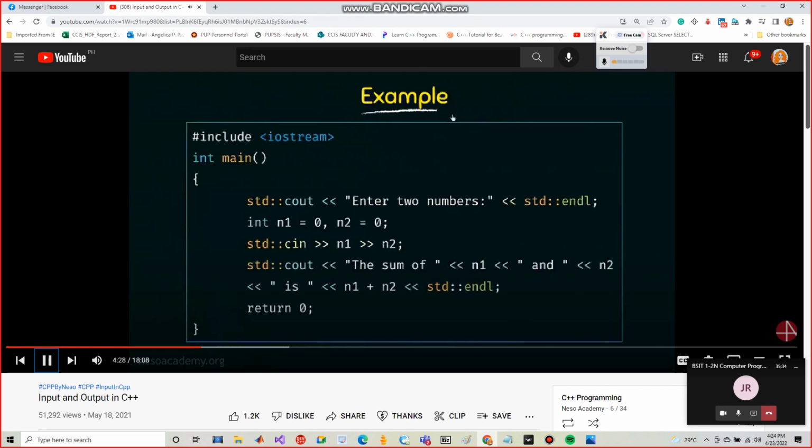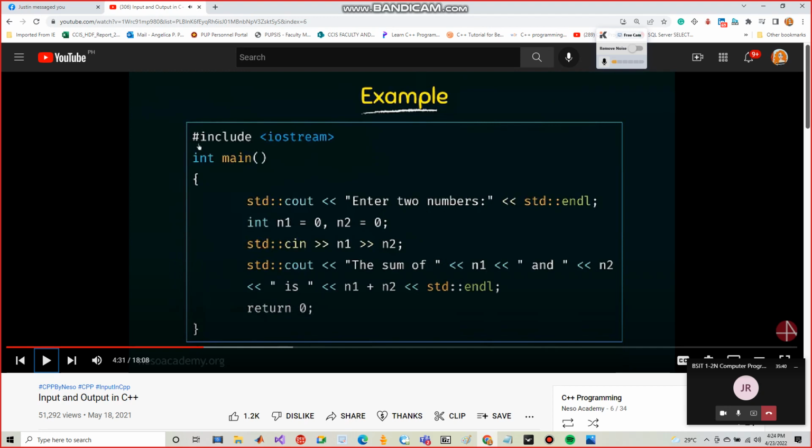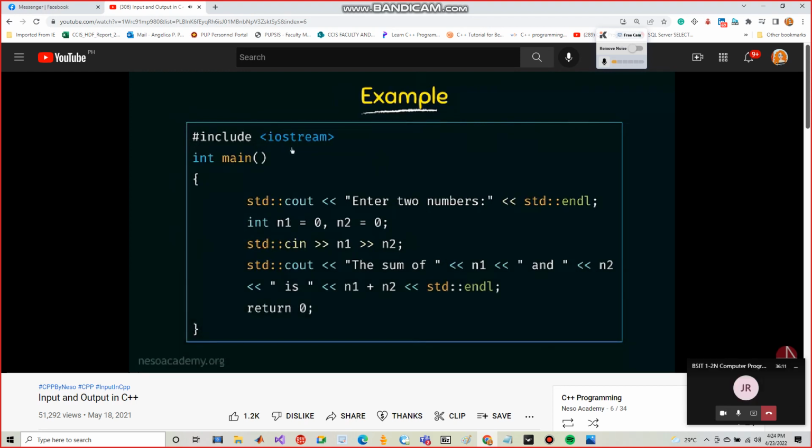So coming to this example, here we have written a complete code, a complete program, and here we see that the first line is #include <iostream>, then int main, then we see here std,